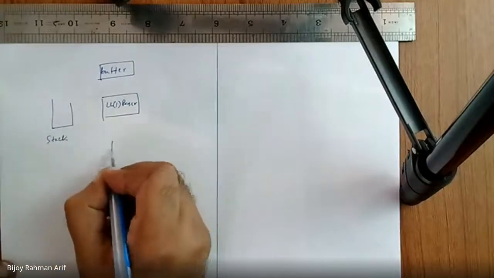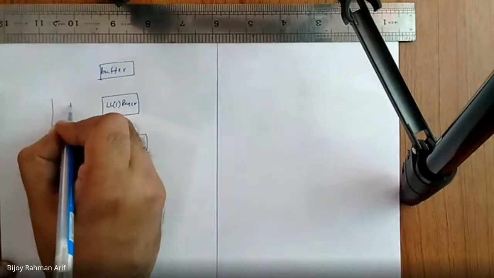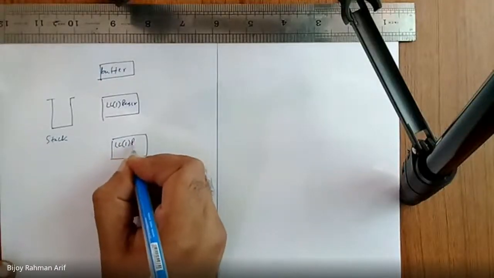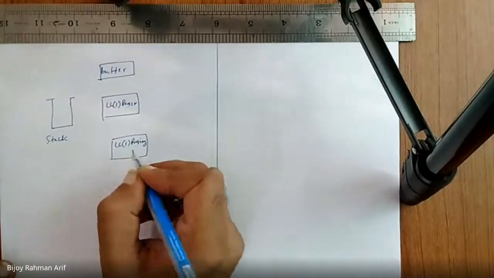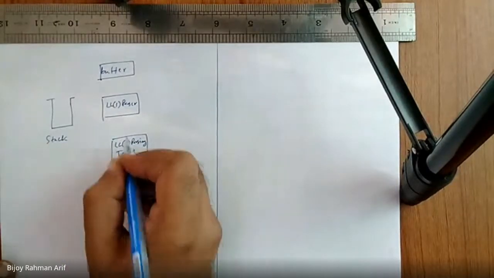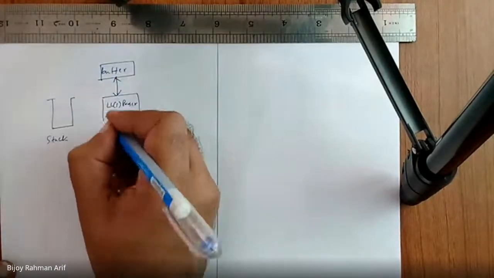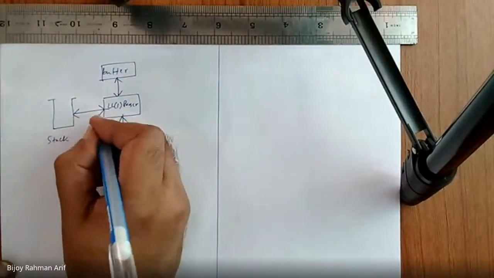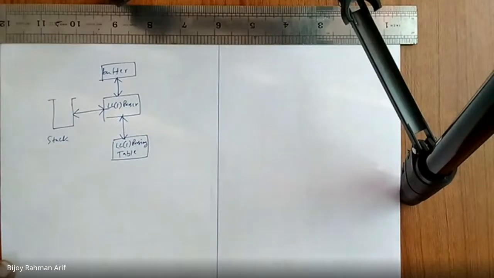Did you see the bottommost part? What is that called? Parsing table. This one is the most important thing. You have to somehow generate the parsing table, and in the LL1 parser, this concept of first and follow helps to generate the LL1 parsing table. So how can we generate the LL1 parsing table? Now we are going to study that.